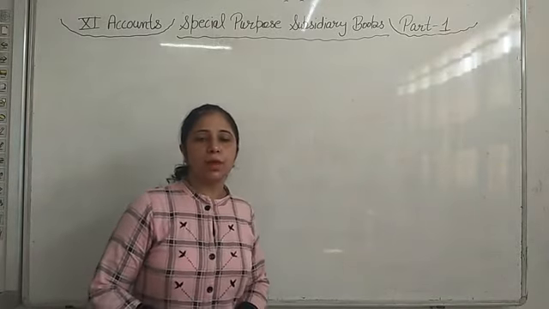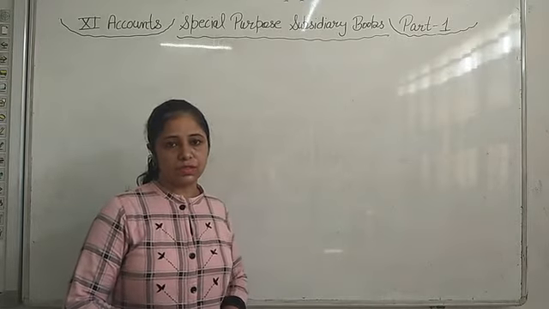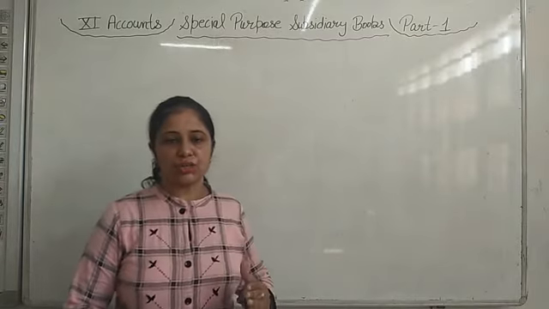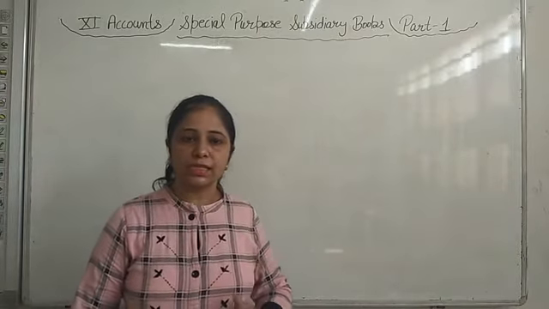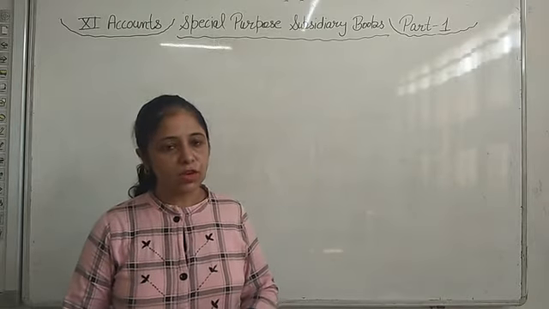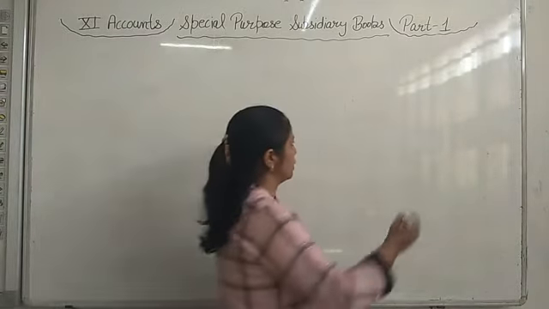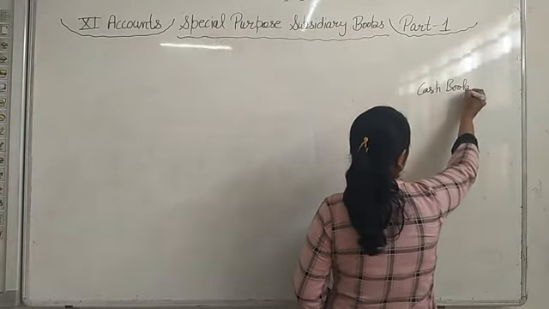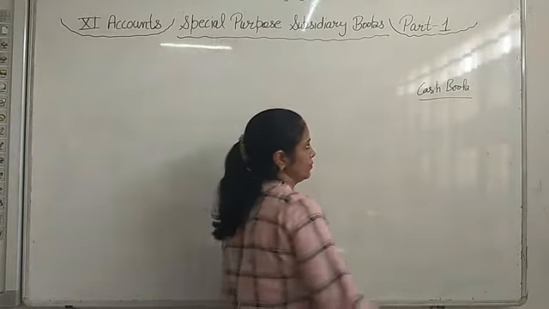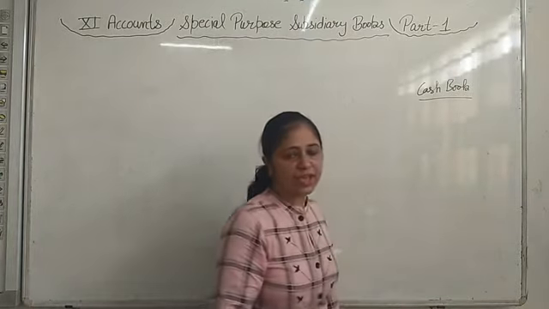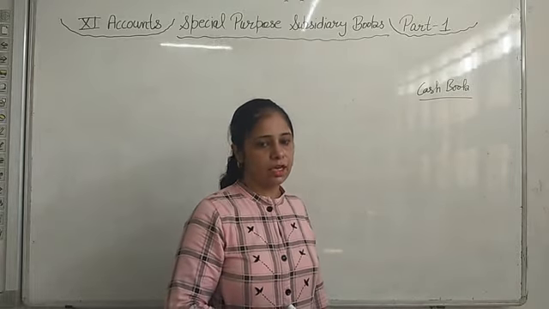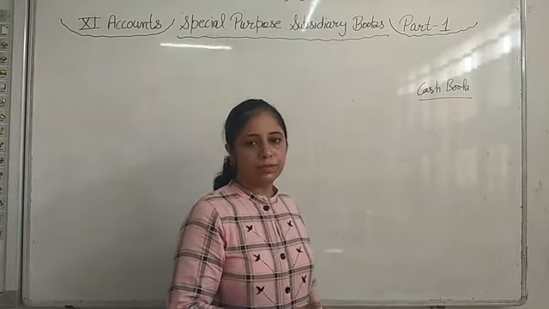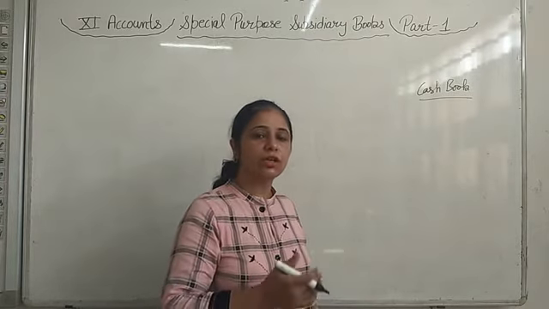Previously we discussed subsidiary books: when for every type of transaction one separate book is opened, that is known as a subsidiary book. Like for cash transactions, we prepare the cash book, that we discussed in the previous chapter. How to make the cash book? Only cash transactions are recorded in the cash book. When cash comes into the business and when any payment is made in cash, that transaction will be recorded